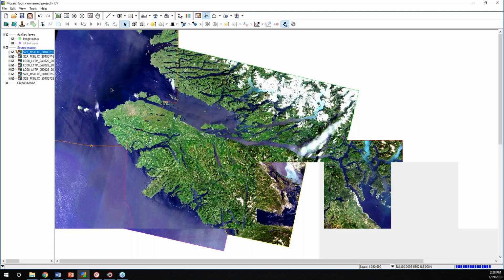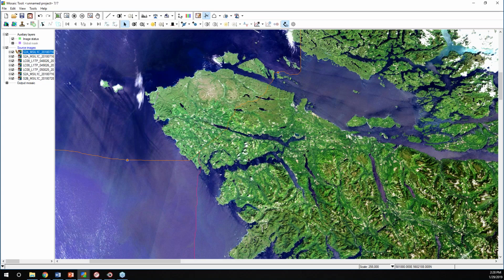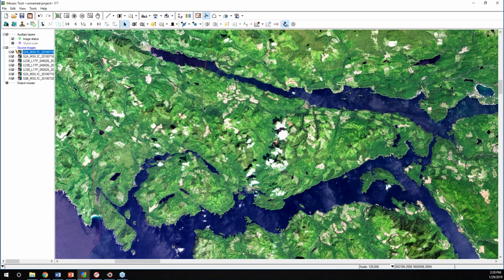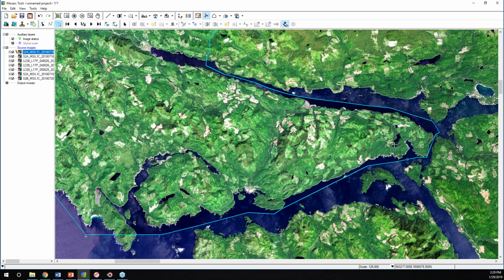As I showed over here, we have some clouds that we could remove quite easily from this image by just changing the cut line. So I'm going to select the image, select the reshape tool. I can then edit the cut line to go along the water. And then that's the extent of the image. So now we have all the clouds removed, although we still have some